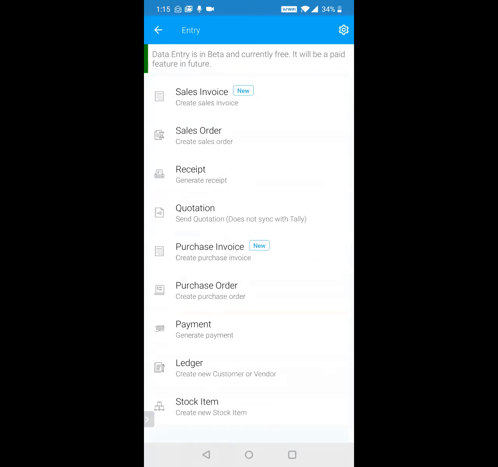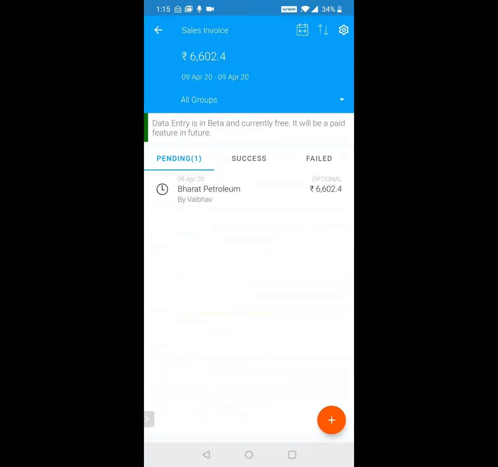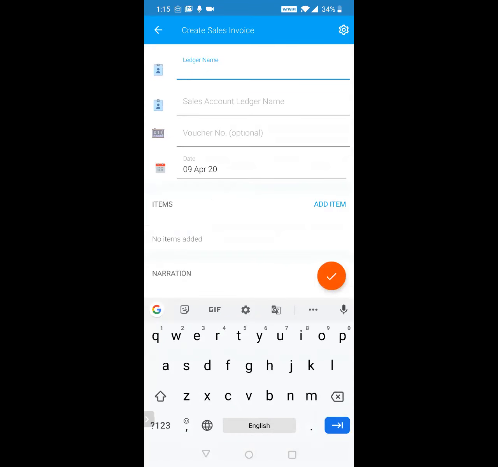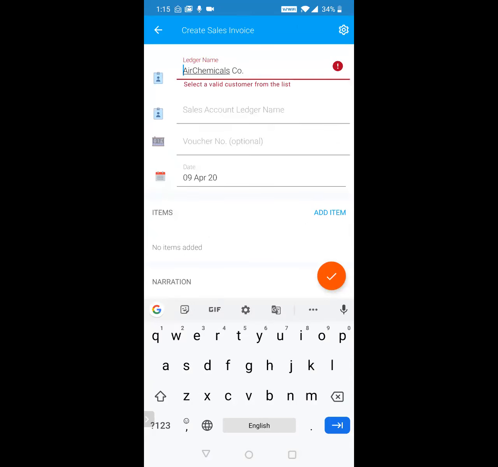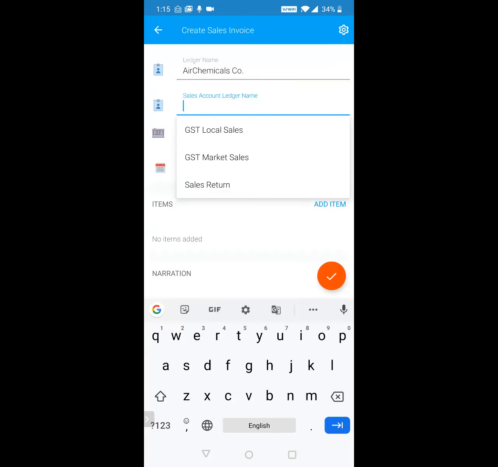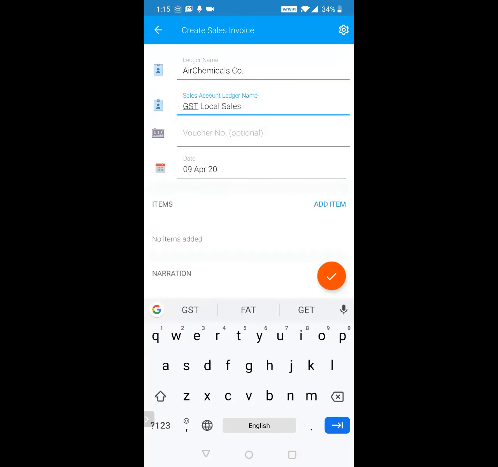Next is if I want to create an invoice. Okay, I'll click on the plus button here. I'll click the, let's say, customer name. Let's say Egg Chemicals. Select the sales account. Now voucher number, or bill number, in this case will depend on what settings you have done in Tally for your voucher numbering.